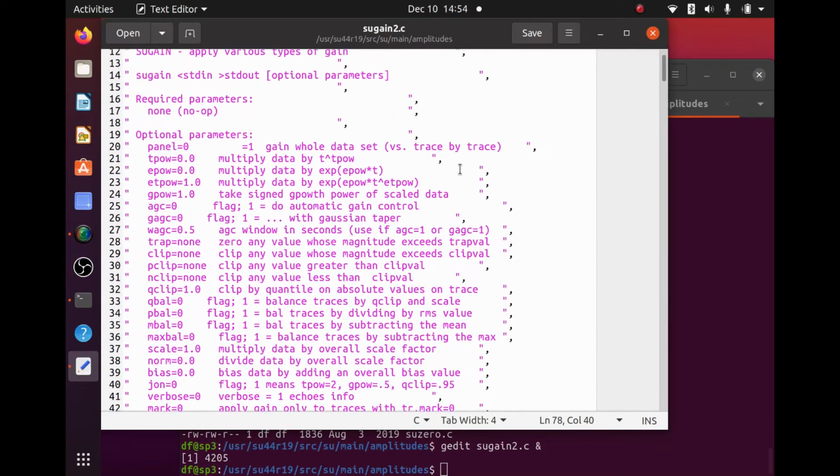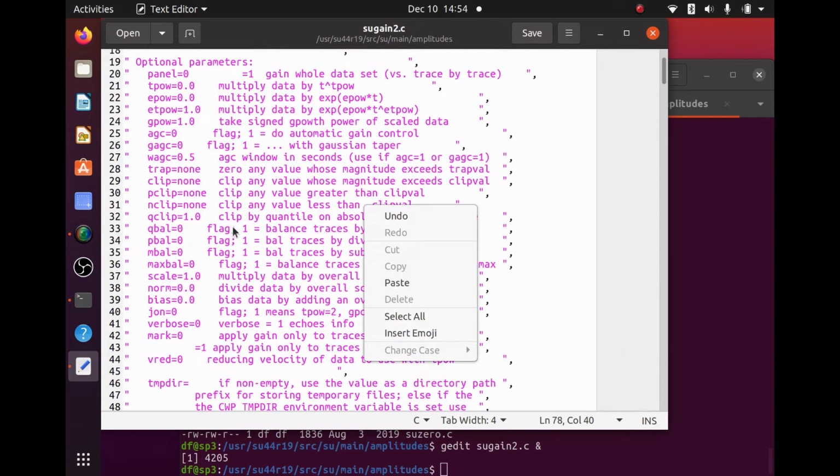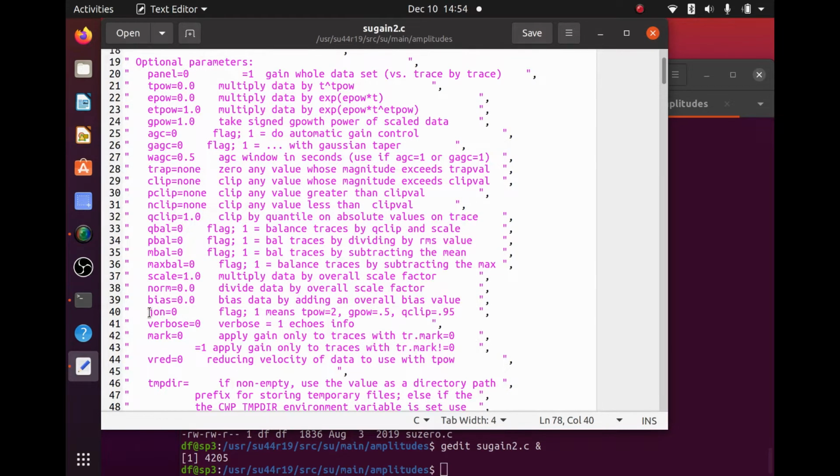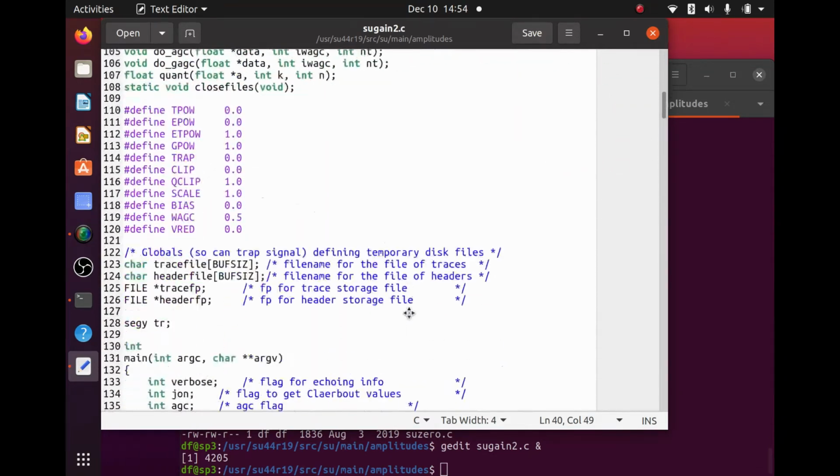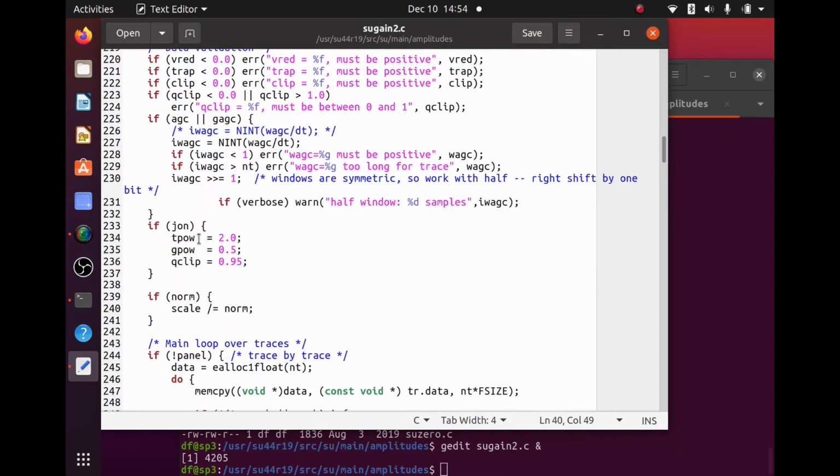Now, the way I'm going to use this for a demonstration, there's a John option here, which sets values for doing a particular kind of gain. So when the John value is not there, which is the same as a 0, then this particular gain is not done. I'll be setting John equal to 1, which will be using these particular gain values. So I'm going to scroll down to where the John option is used. Here we go. If John is true, which will be a 1 in our case when running it,